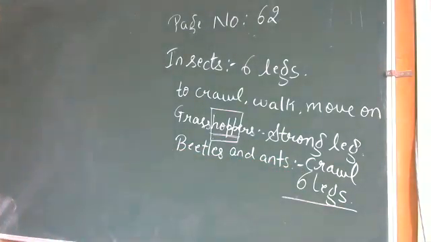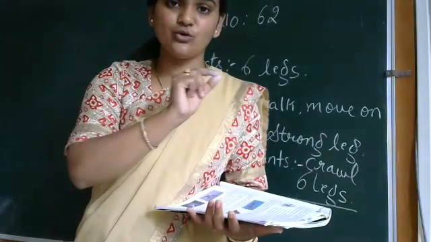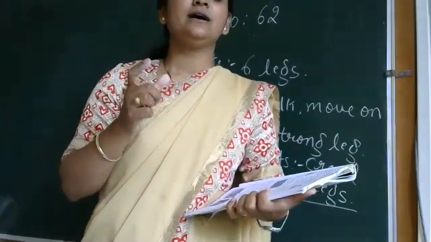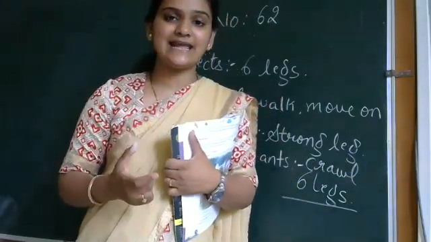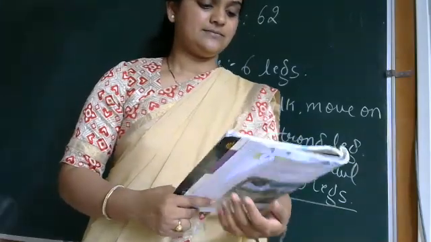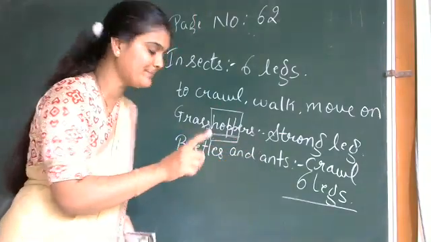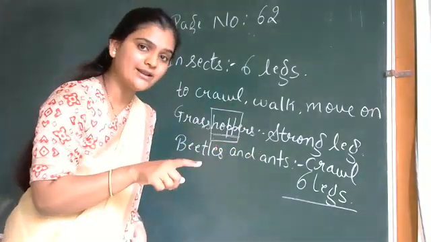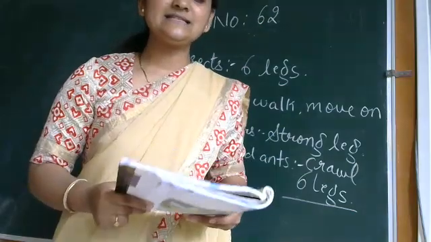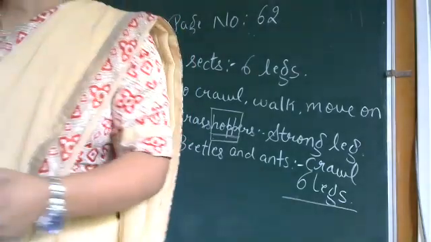And please underline, children. Page number 63. Insects, they have 6 legs to move. Underline. Grasshoppers have strong hard legs to hop about. Underline. Now we have seen a grasshopper which can hop, beetles and ants which will crawl. Underline that also. And the next paragraph, we have insects like butterflies, honeybees, mosquitoes, dragonflies, and ladybirds, they can